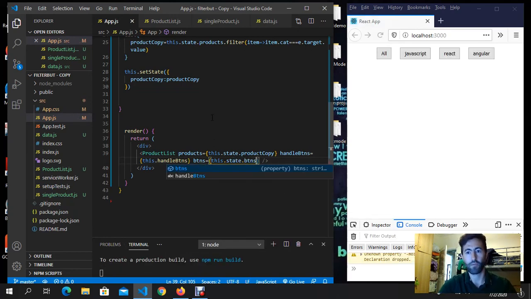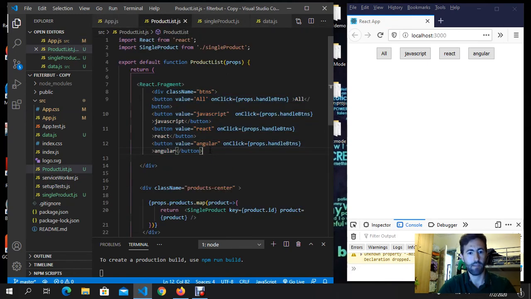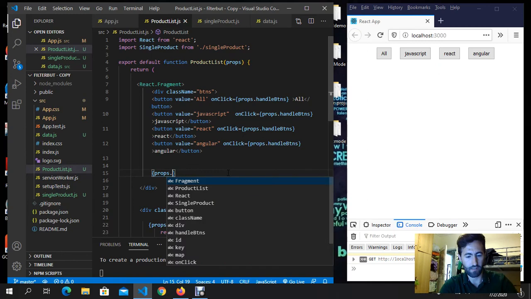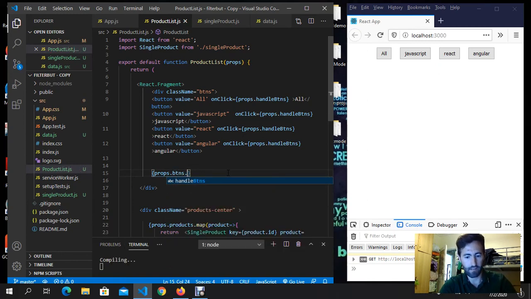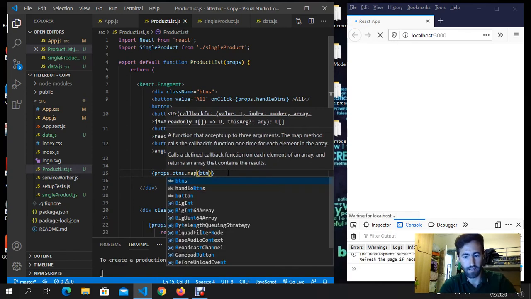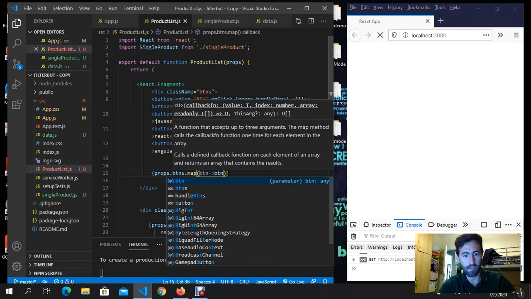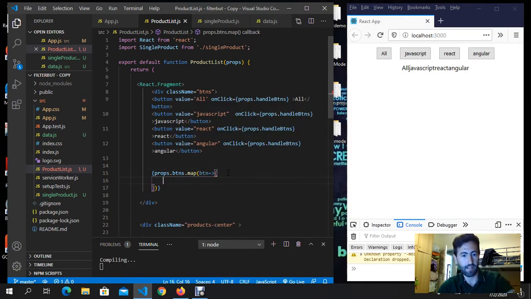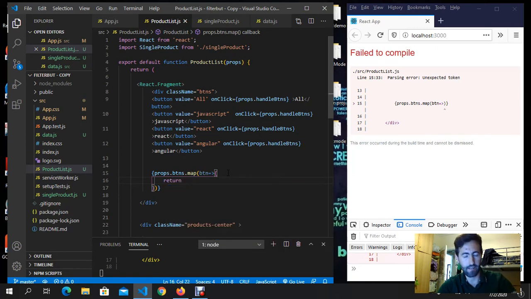Cool. Go here in product list, right below. Let's write props.btns.map. Cool. btn equal with btn. Okay, let's write a return